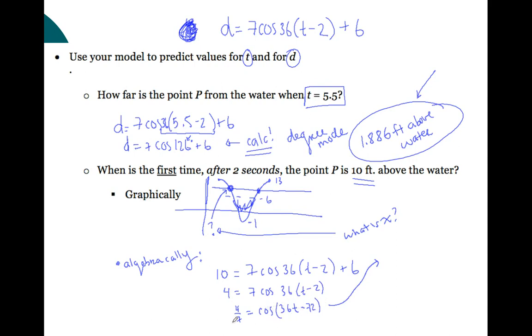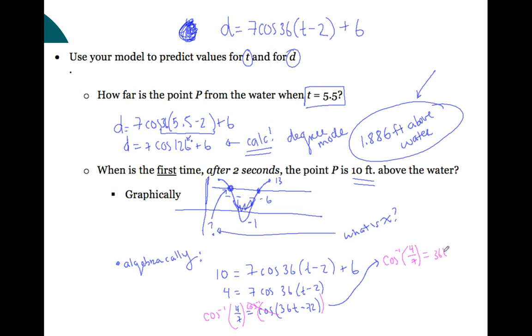I need to get rid of this cosine. So how do you get rid of a cosine? What's the inverse operation? Oh my goodness, cosine inverse, right? If I take the cosine inverse of both sides, that's going to make this go away. And then I'm going to be left with the cosine inverse of 4/7, I should be in degree mode, equals